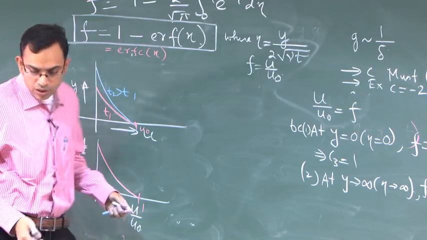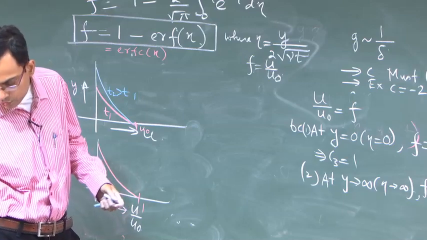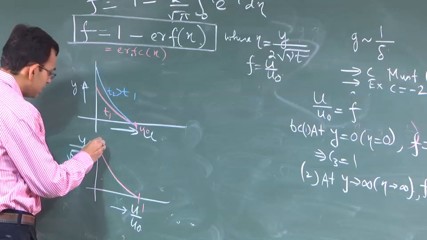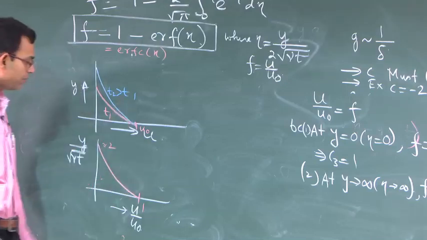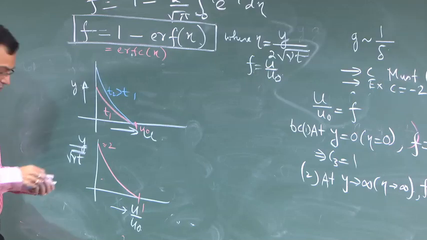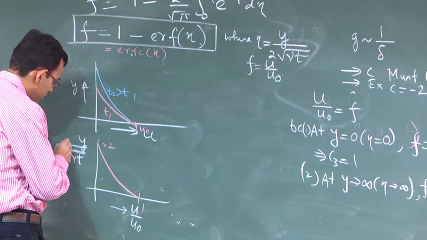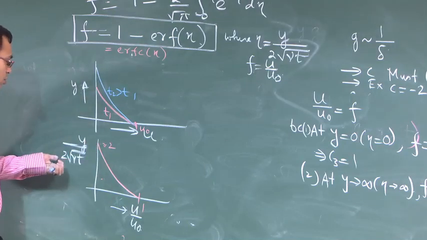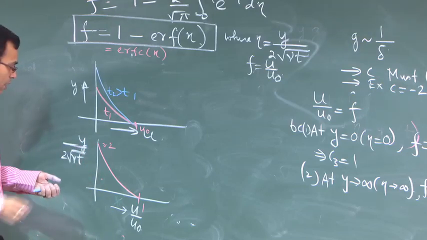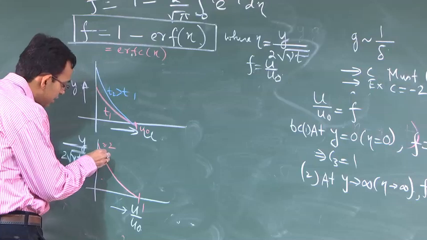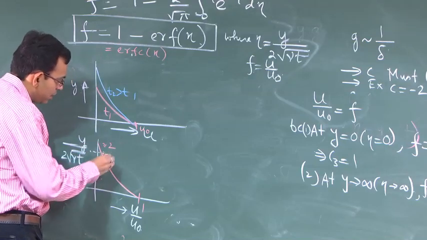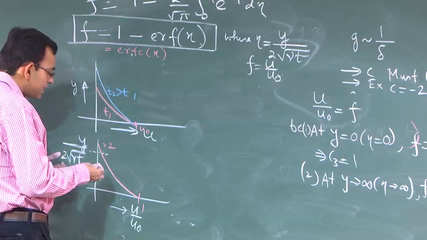This is y by 2 into square root of nu t, that is the variable. Now this value where it is almost asymptotically 0,